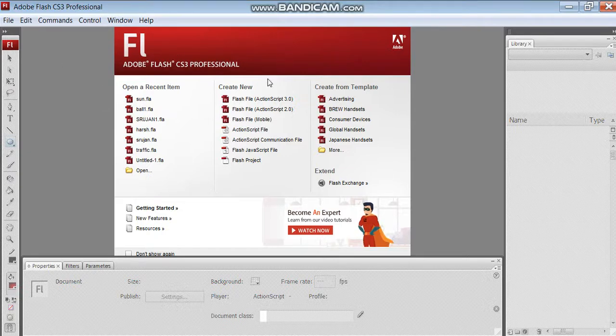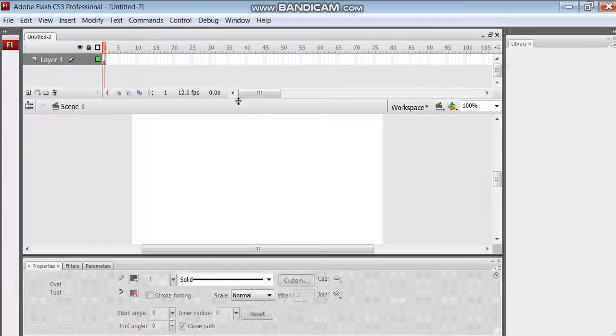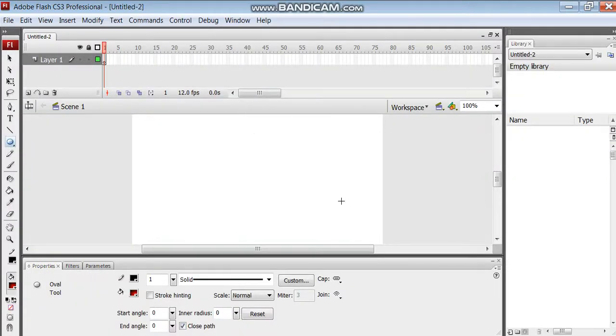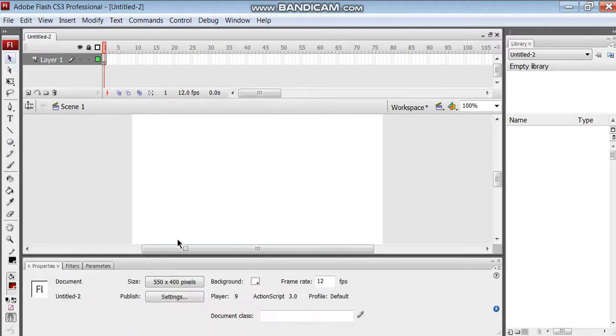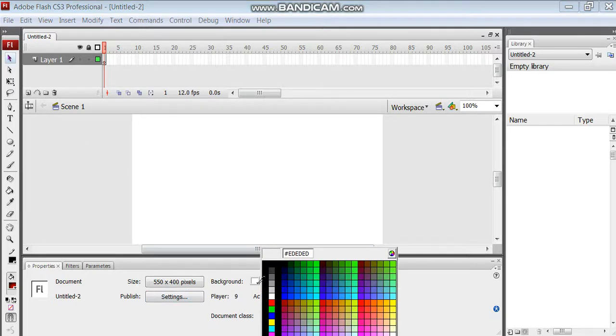We have opened Flash. What you have to do is click on Flash file, ActionScript 3. The stage is there. Now I want to change the stage background color, a little innovation. You want to change the stage properties. How can you change it? You select the background color of the stage and change it.